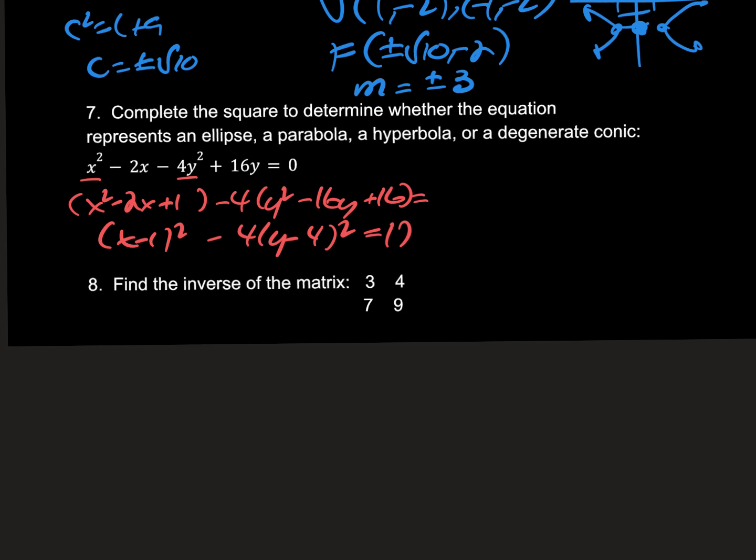Okay, because I blew that a little bit, because that's 16. I wrote 16 on the other side, but it's not really 16 because of that negative 4. I forgot the negative 4 there for a second. So let's start this again. I added 1 over here, so I'm going to put 1 over here. I'm really adding negative 4 times,